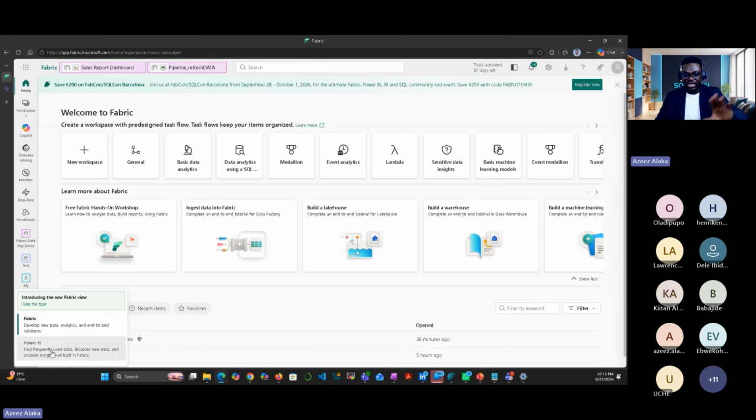But at the end of the class, we are going to tell you how to get a free Power BI license, and you can start using it immediately. Are you excited about that? If you're excited, use the reaction button.